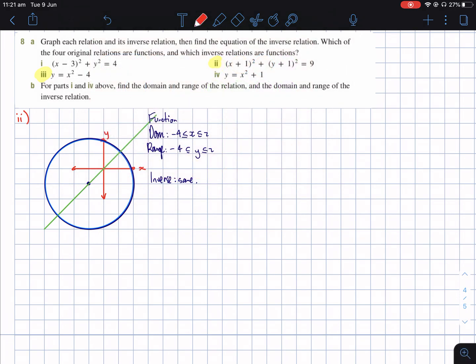Okay, if we do number 3, this one's a bit harder. We've got y equals x squared take 4. Let's sketch it. X squared take 4 just means it's been moved down 4. So it's going to look like